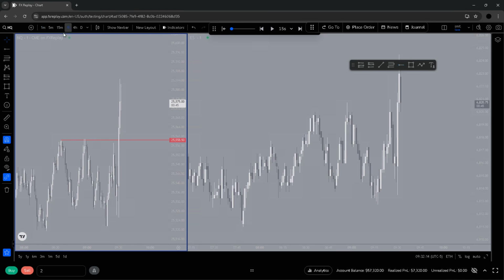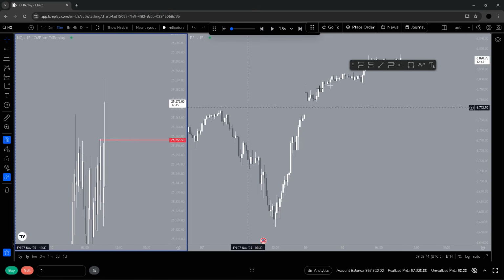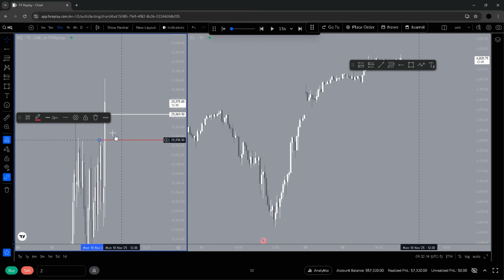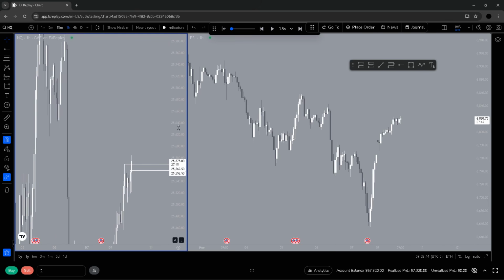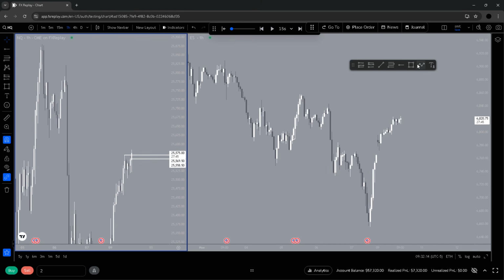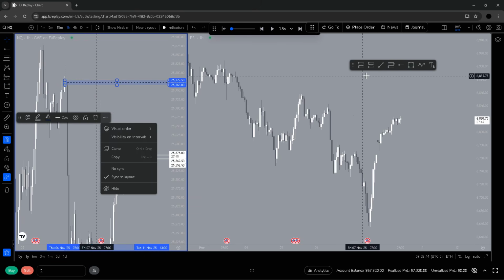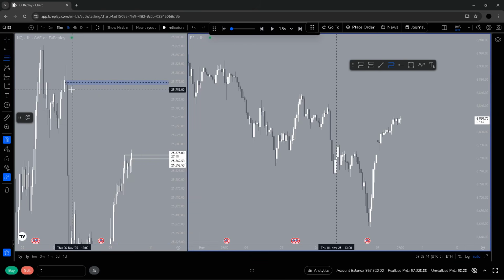So we've got an external draw right here, right? The external draw's technically here, but this entire thing's a PXH range. So I'm looking for a continuation day here. Looks like clear continuation, maybe to the 50% of this gap or even higher. So I'm going to mark out this order block up here on the 1 hour as a potential draw.